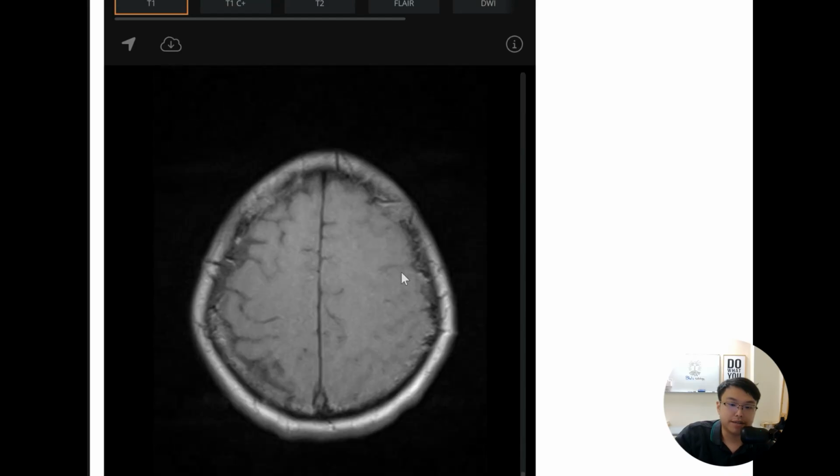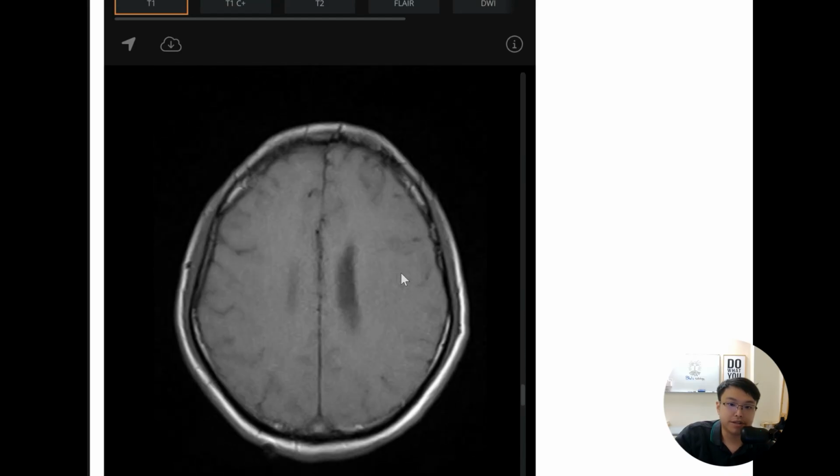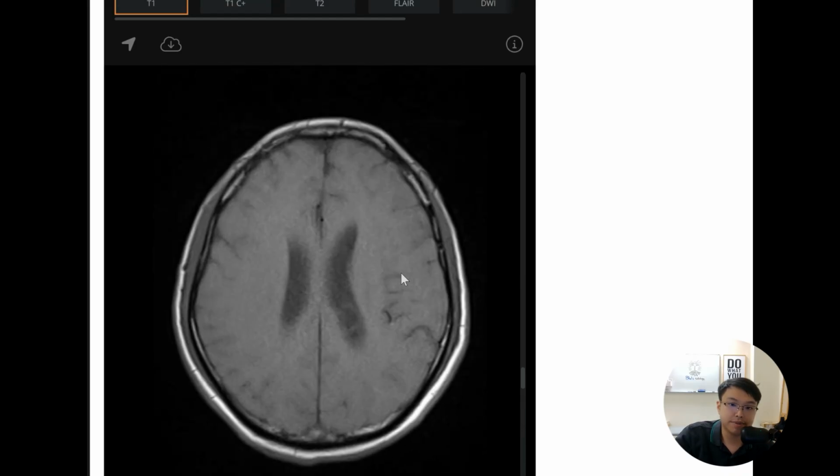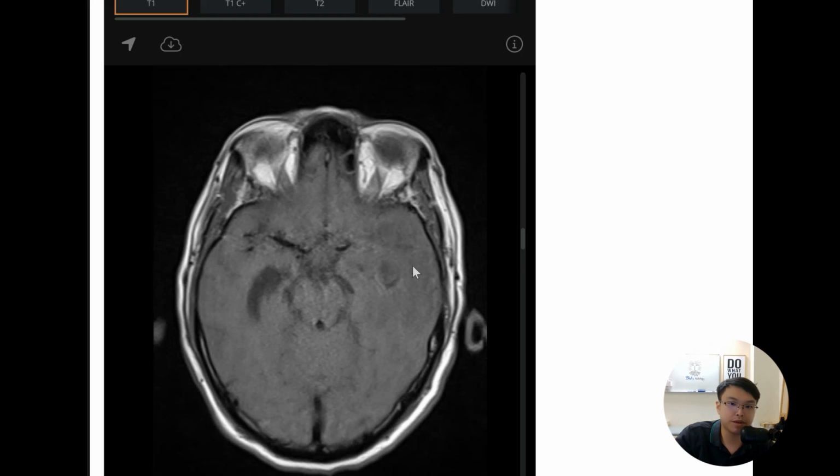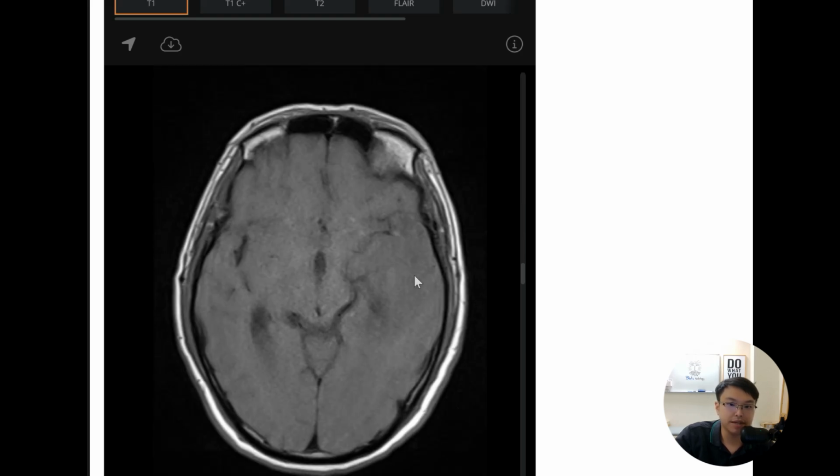As you screen through the T1 weighted images, I think you already see some abnormality. In particular, there is an intraaxial lesion which is located at the left temporal lobe. The adjacent white matter has some T1 hyperintense signal, okay, which is probably some edema, especially vasogenic edema, okay, and